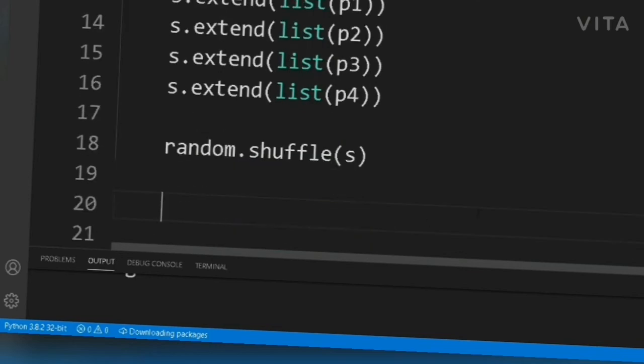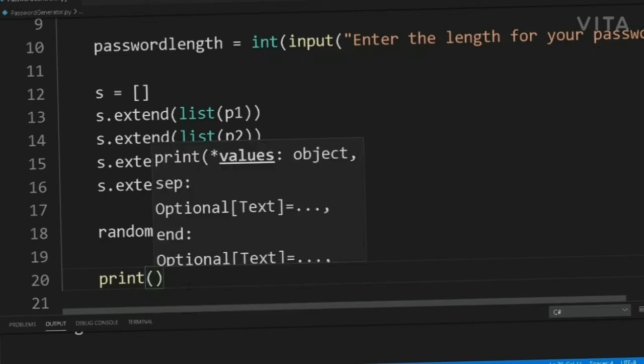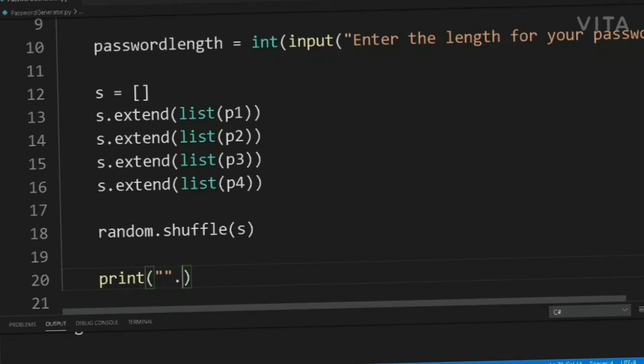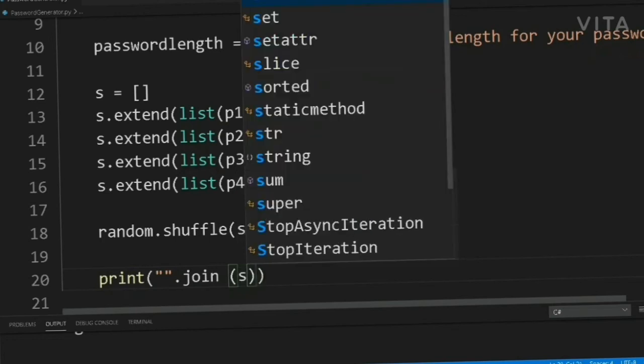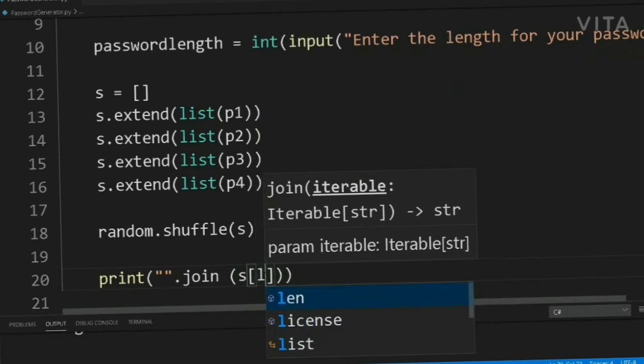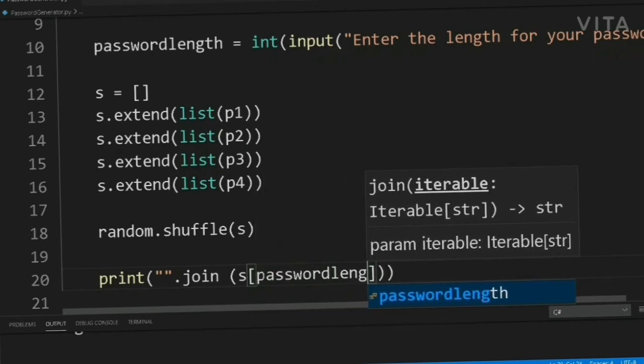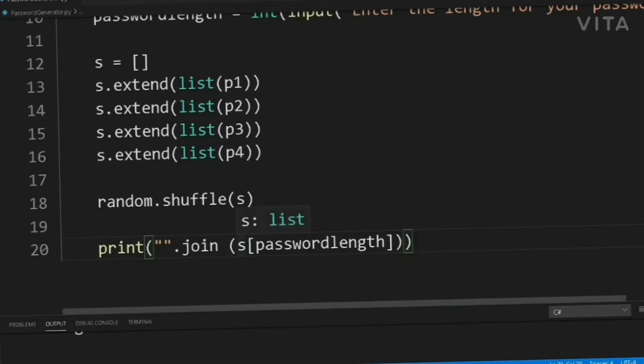Now what we are going to do is print, and here we have the password length, and here we write 0 space colon space.